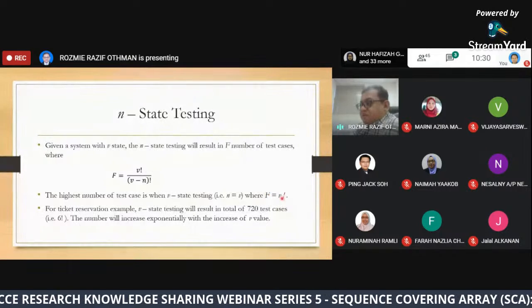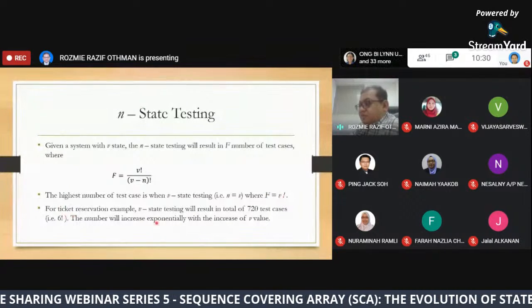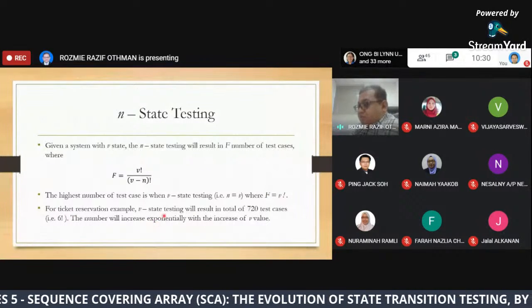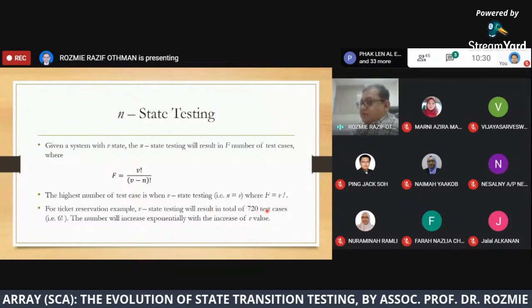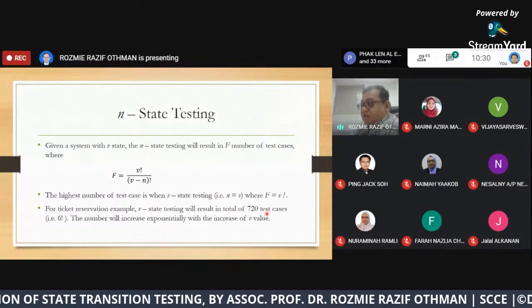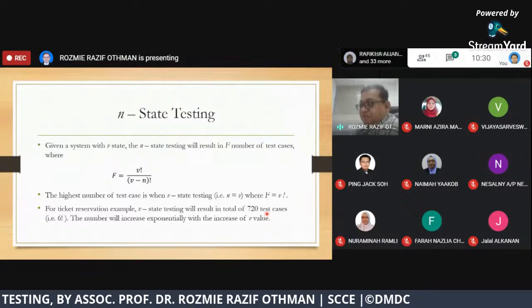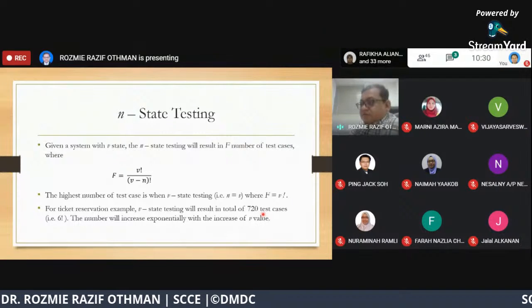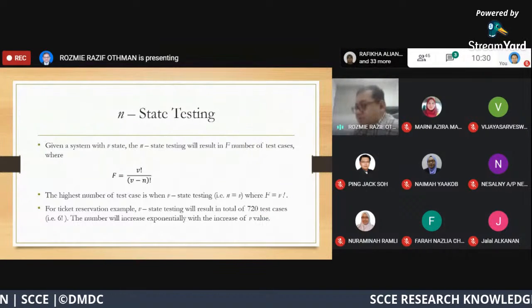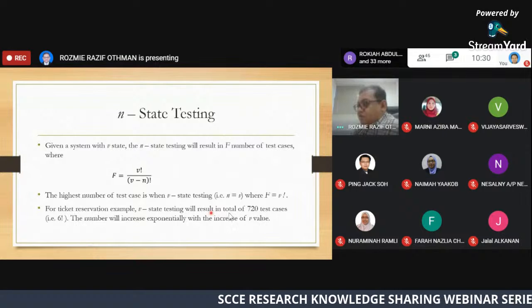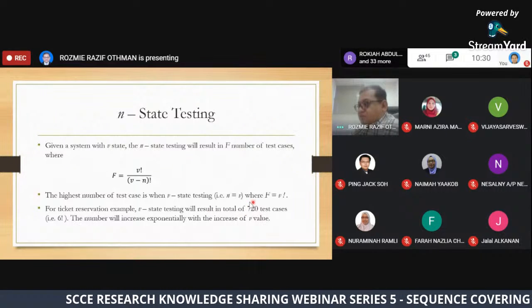So for the ticket reservation example, V-state testing will result in 720 test cases, since we have 6 states, so 6 factorial.